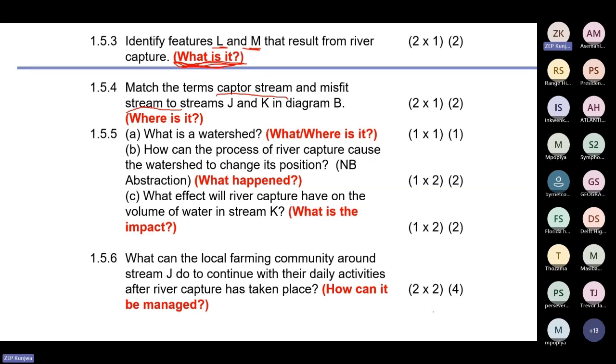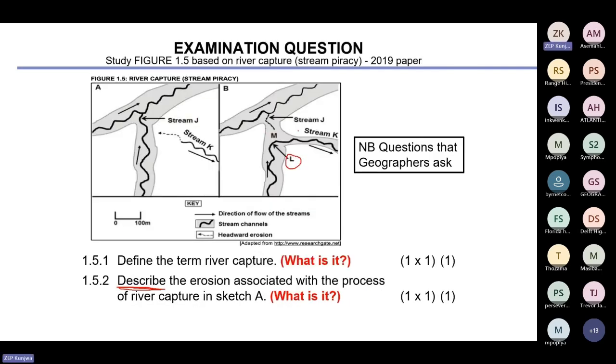Which one is a misfit? J and K. That is stream J there. That is stream K. So we do know that a misfit is